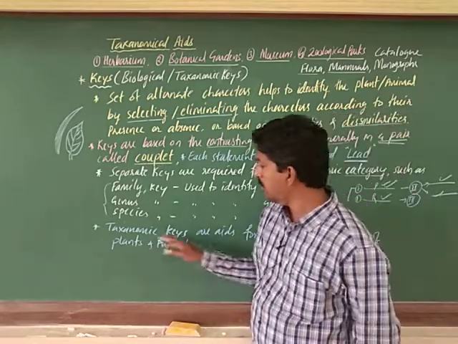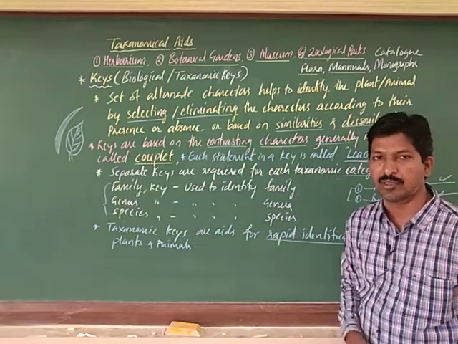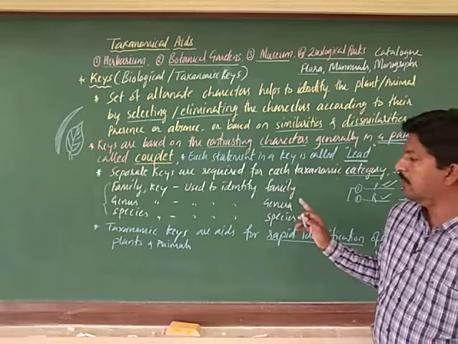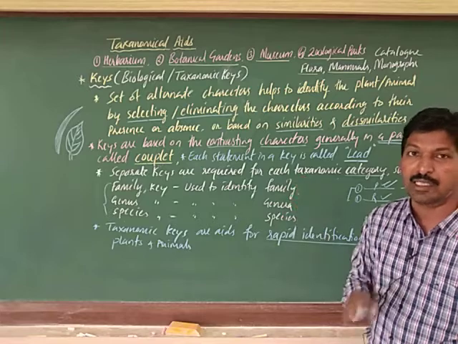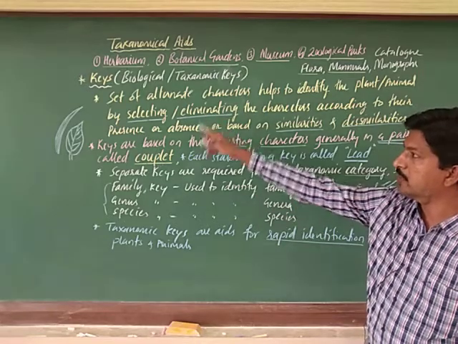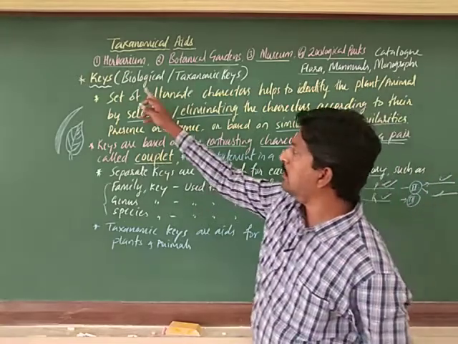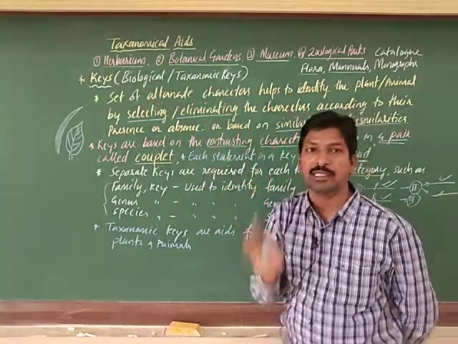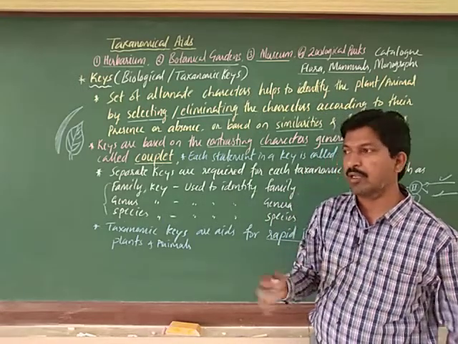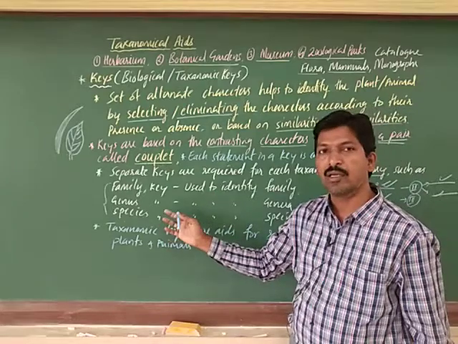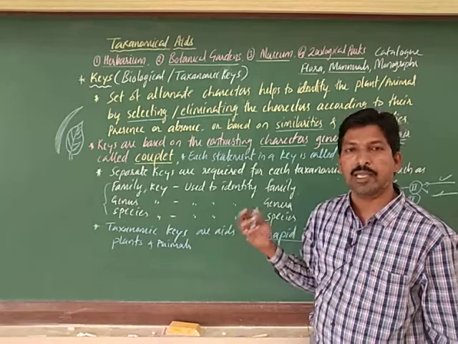Next, the taxonomic keys are, as you know, a rapid way of identification, okay. Next one, here is one more very important point, that is the analytical nature, because we are selecting one and rejecting another. So that is why we can say biological keys are analytic in nature. Analytic means one is rejected, another one is selected. In this way, finally we will reach the species, okay. From kingdom to species, we are going to identify that plant or animal, okay.